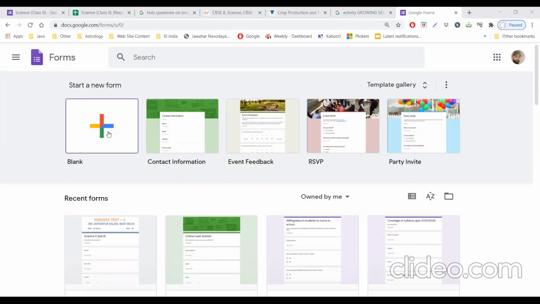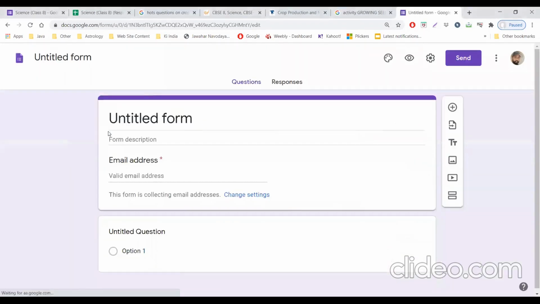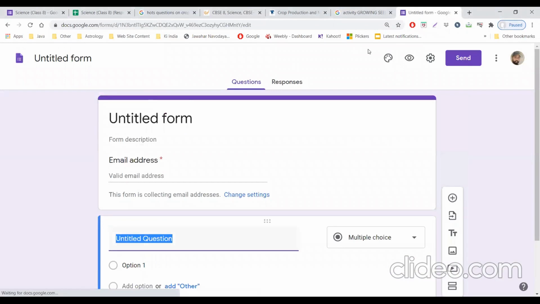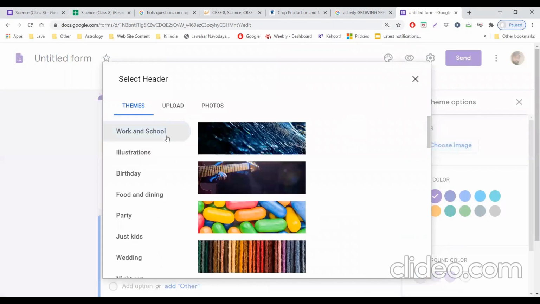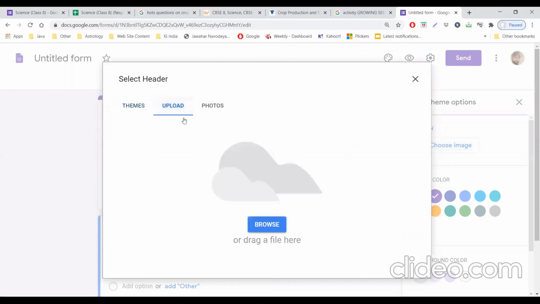So, first take a blank Google Form. Before starting, I used to change the theme. In theme, we put a header and I have prepared a header for me. We can upload that.